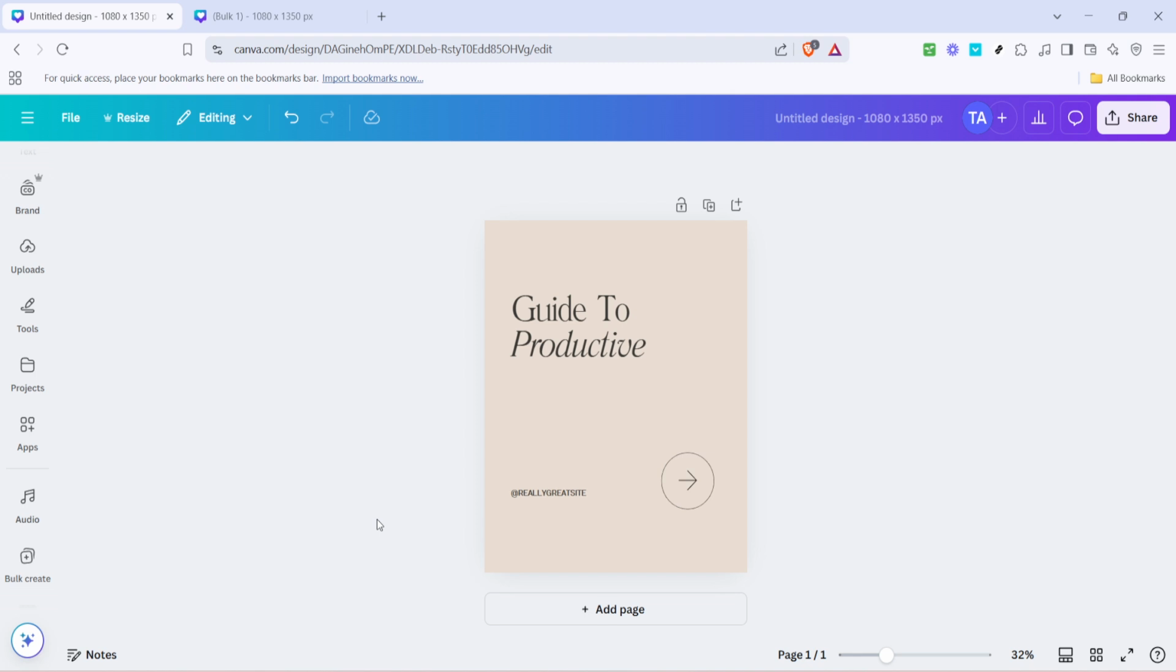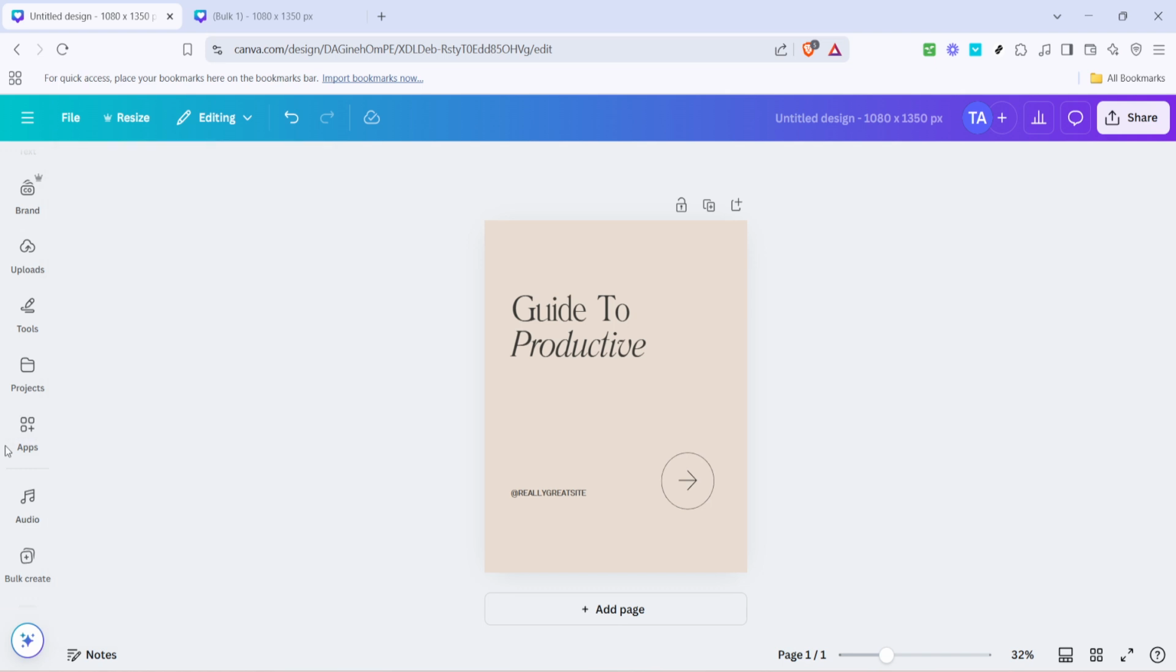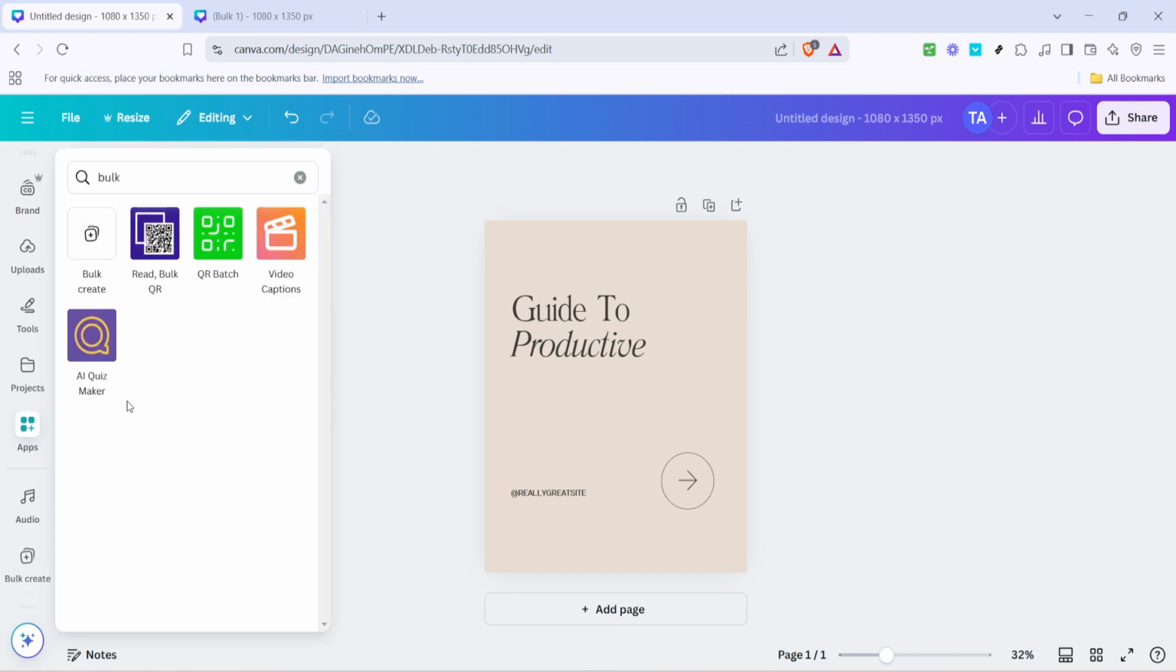First, head over to Canva and make sure you're logged into your account. Once there, look for the apps icon on the left-hand side of your screen, which is typically located among other features like templates and brand kits. Once you've found it, click on it. This section holds the key to accessing more powerful tools that Canva offers, including some hidden gems like our focus